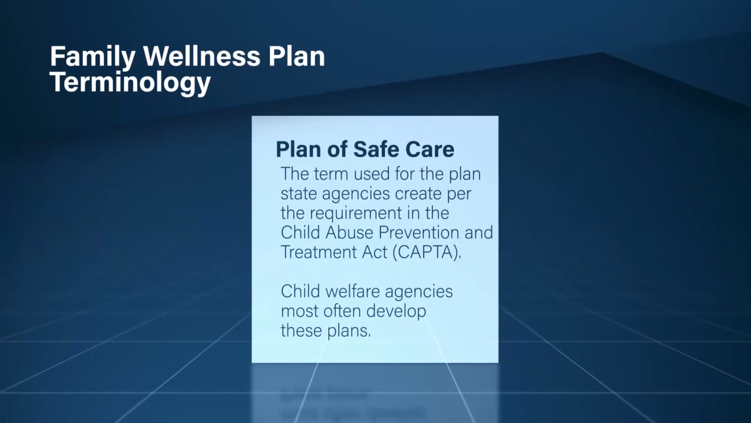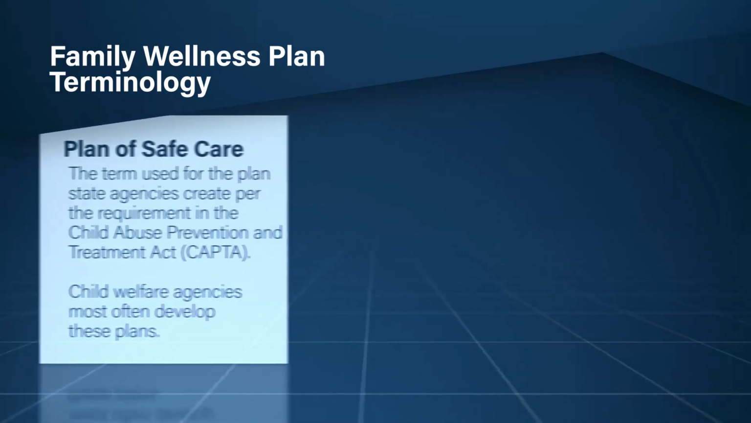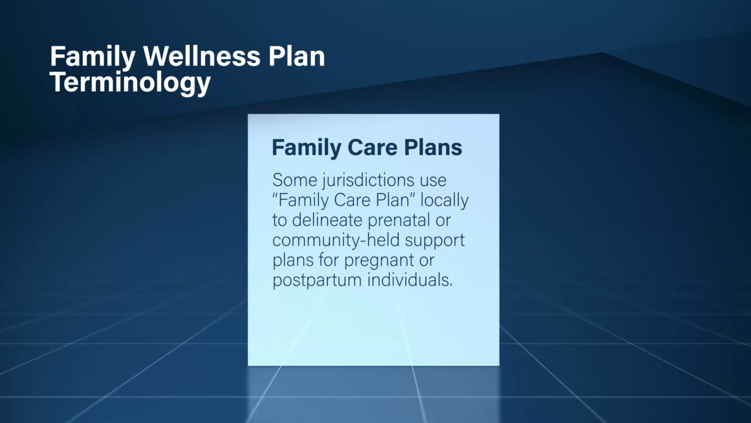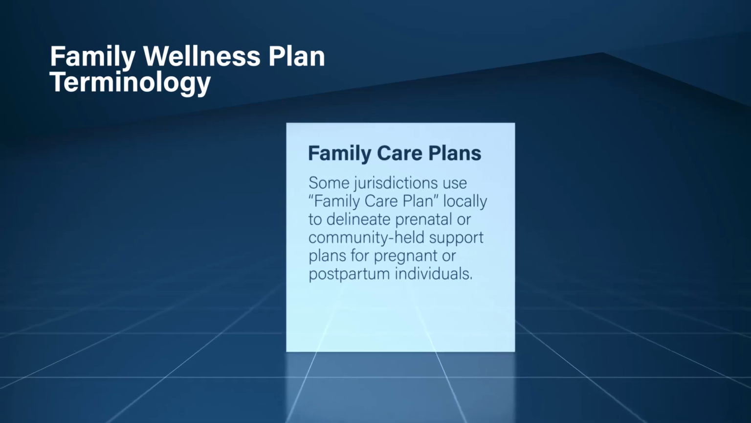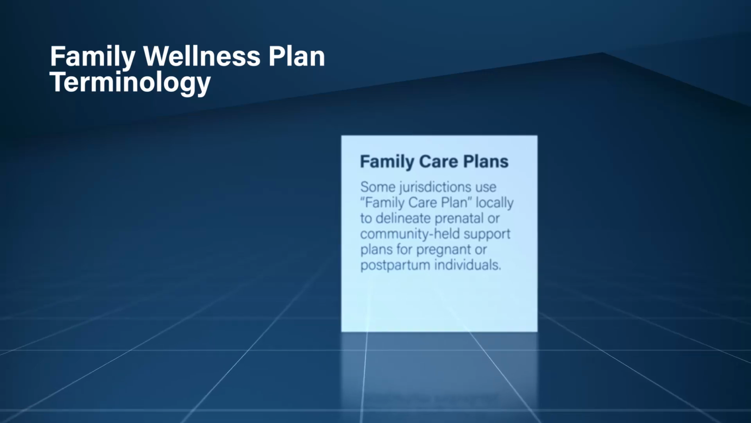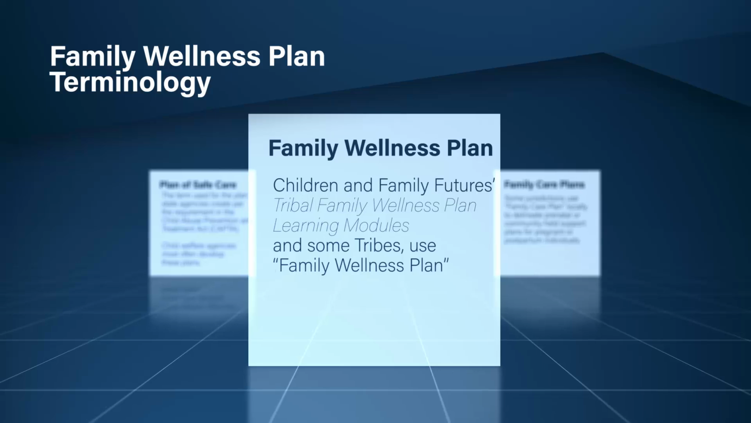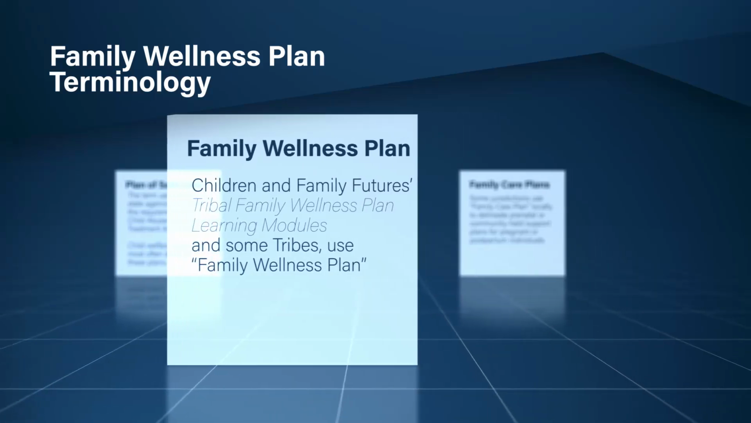This is the term used for the plans state agencies create per the requirements in the Child Abuse Prevention and Treatment Act, or CAPTA. Child welfare agencies most often develop these plans. 2. Family care plans. While plan of safe care is the term used in CAPTA legislation, some jurisdictions use the term family care plan locally to delineate prenatal or community health support plans for pregnant or postpartum individuals. 3. Family wellness plans. Children and Family Futures Tribal Family Wellness Plan learning modules, and some tribes use Family Wellness